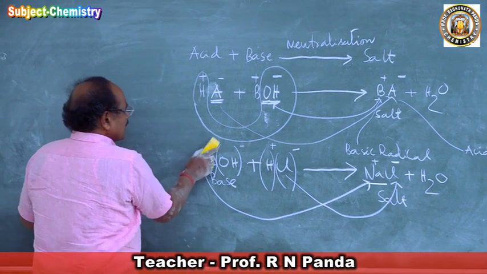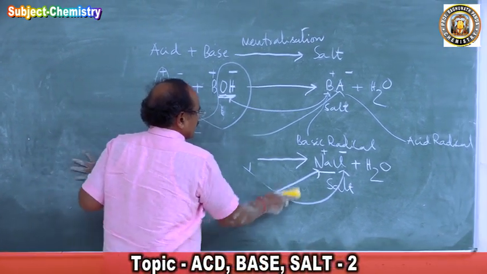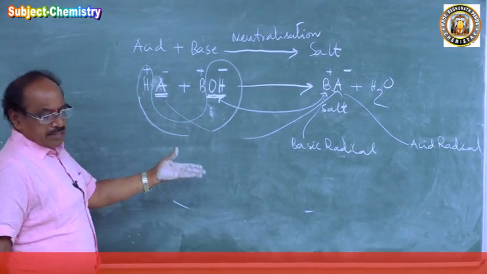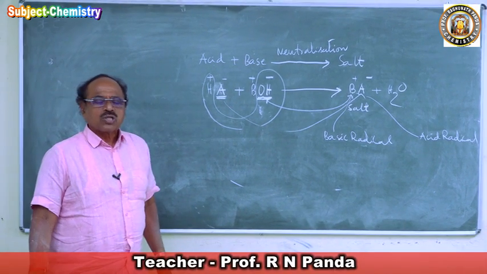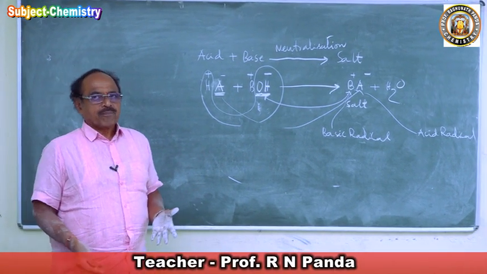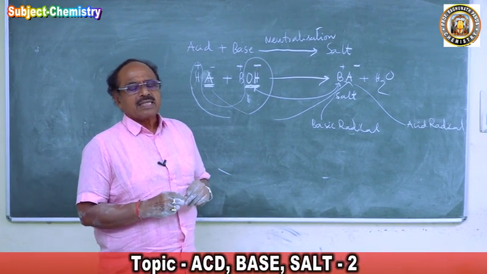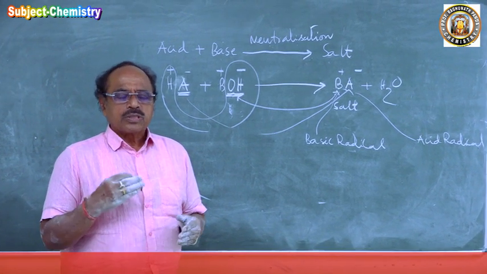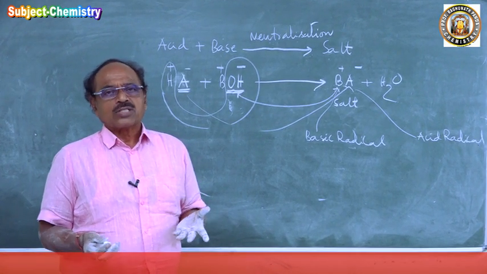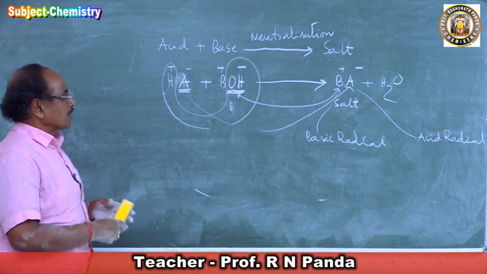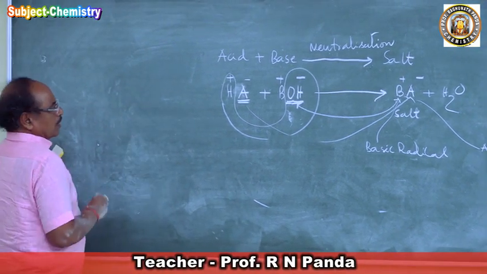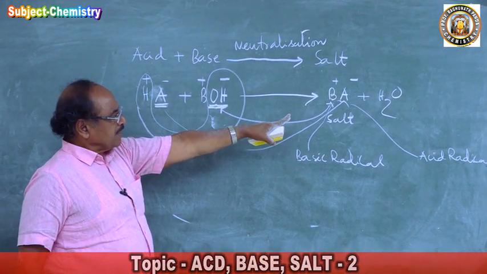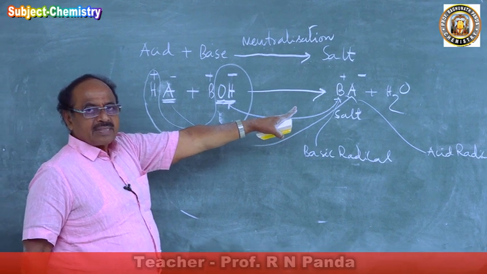Now these salts should be neutral, but not all salts are completely neutral. There are some salts that exhibit basic property, and some salts that exhibit acidic property. Those are basic salts and acidic salts. These salts should be neutral, because an acid reacts with a base to form a salt. It should not exhibit acidic property, and it should not exhibit basic property.